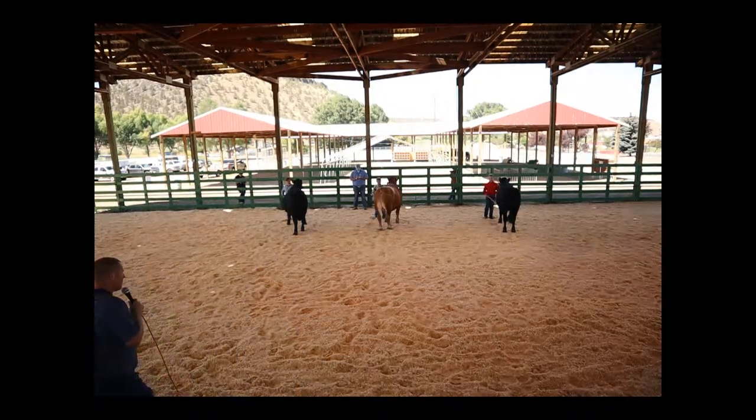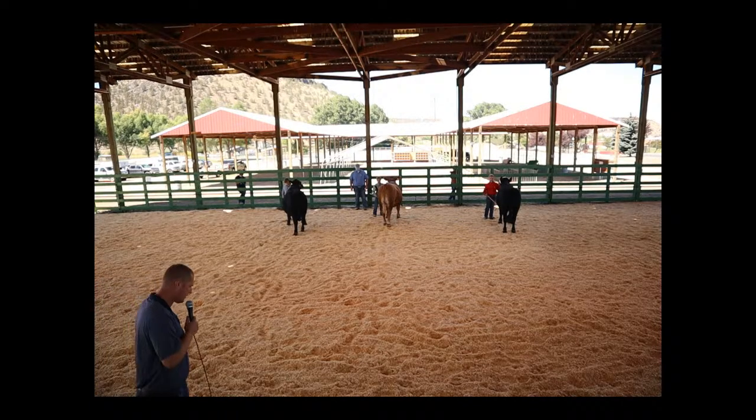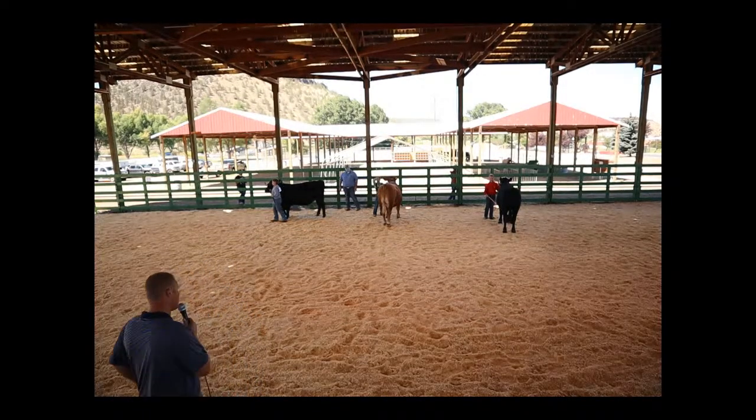All right, our second and final class here for the day. This is the second class of novice showman, first years. I think an awfully good job out here for the three. Let's give them a round of applause and let them know we appreciate their hard work out here. The young lady with the red shirt there at the black and white steer is going to be your class